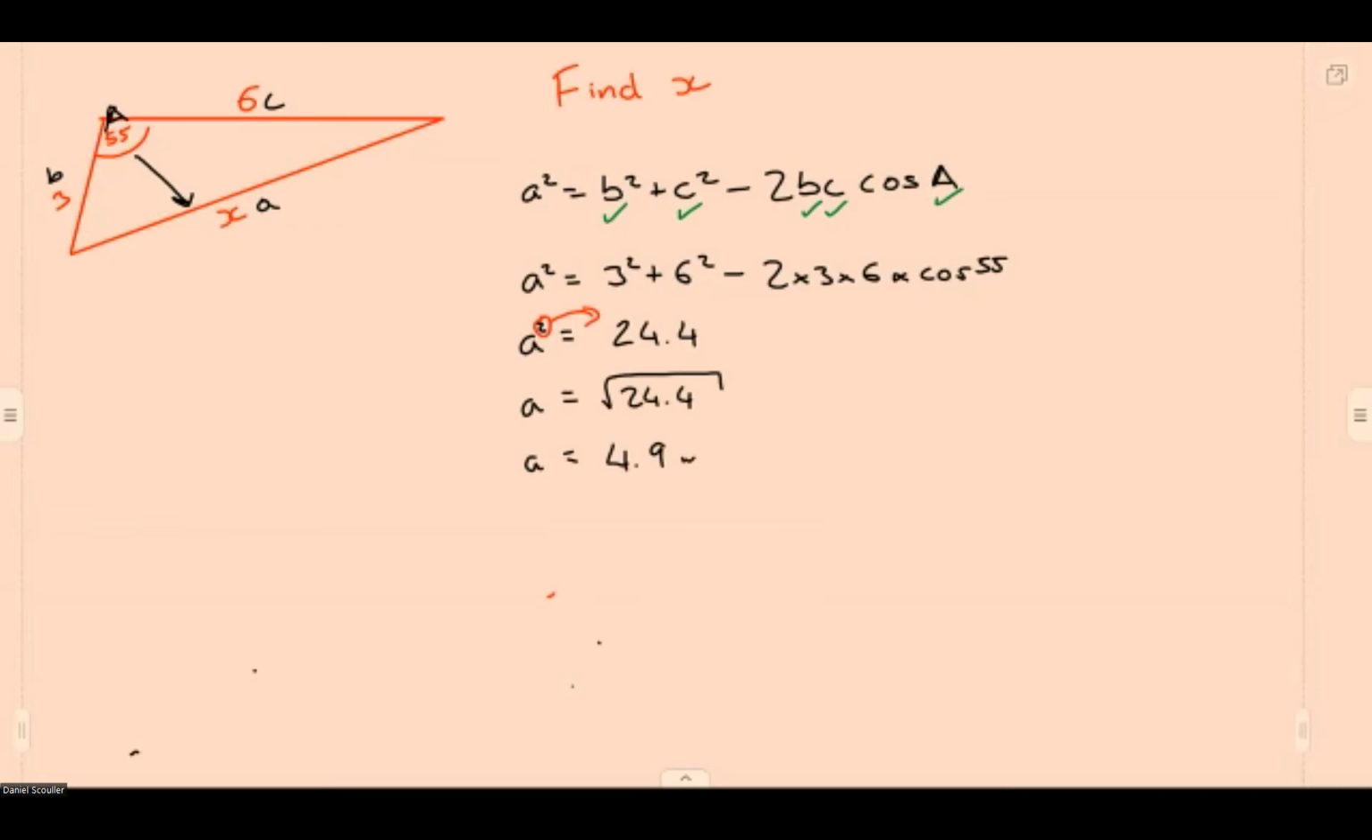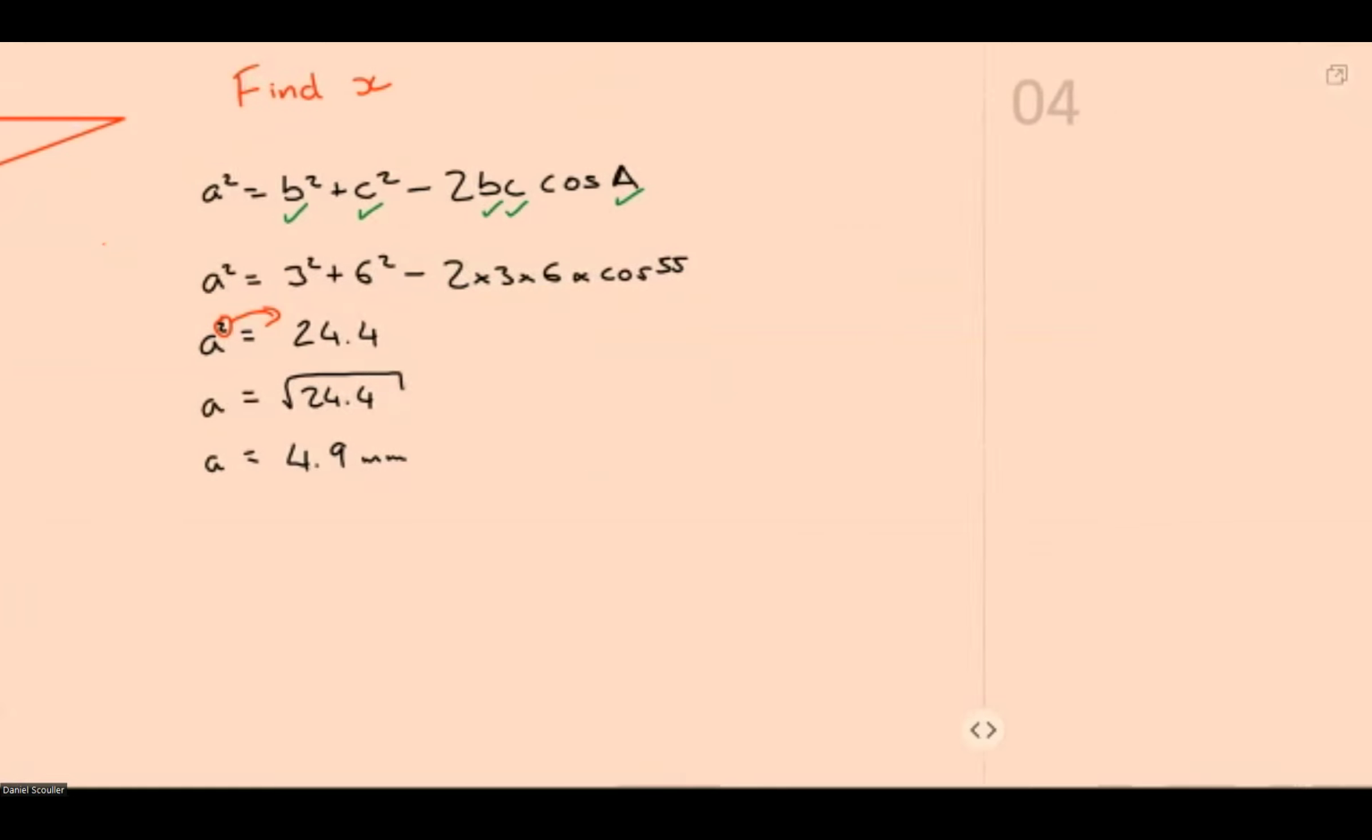And whatever units, so it's millimeters in this case. I'll let you try them in a minute. I'll just do one where we're finding the angle. Okay, so again, you won't get told which formula to use. However, if we want to calculate the angle,